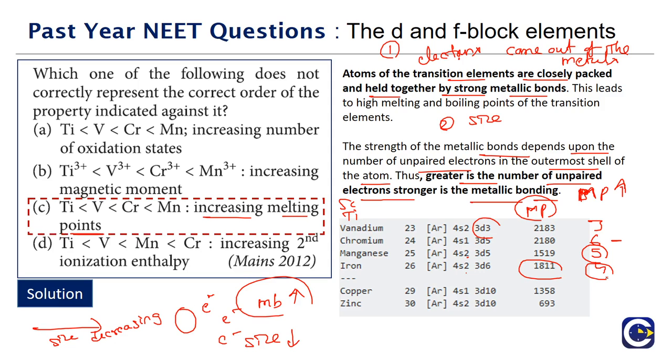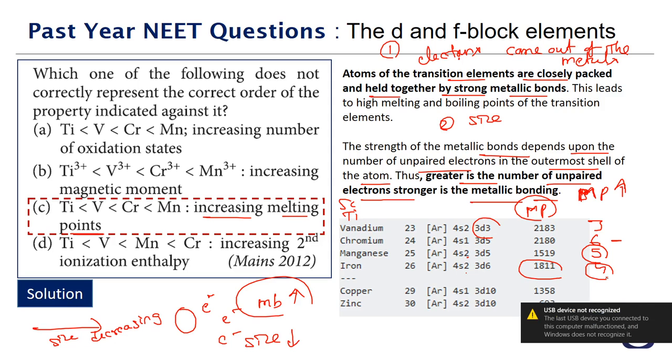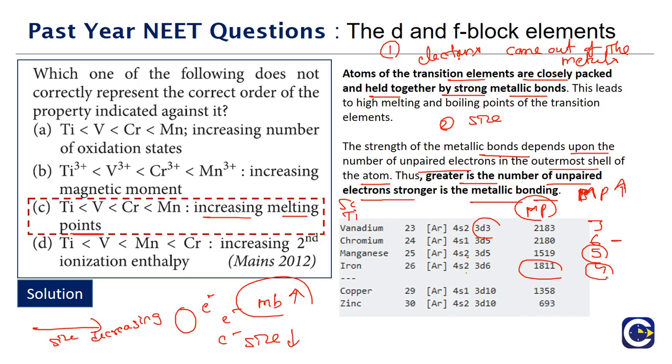Option C. So option C is in fact the wrong order. We are looking for what is the wrong order in the given 4 options, and A and B are fine. C is a wrong order. Now we can even look at option D. So what is option D here?